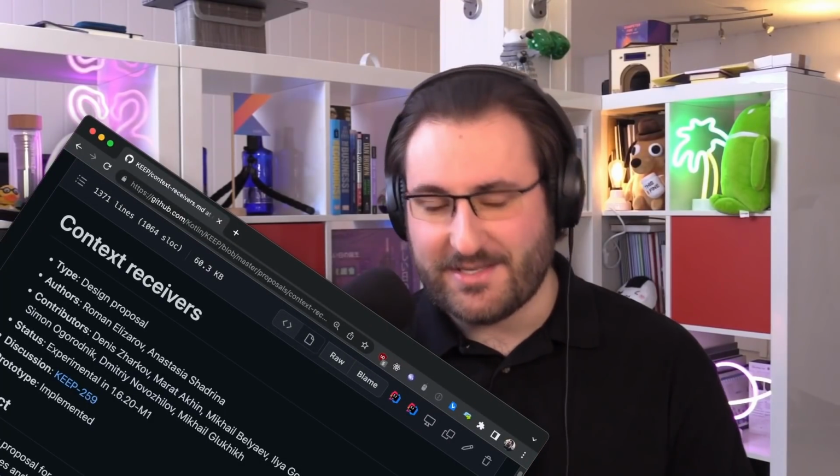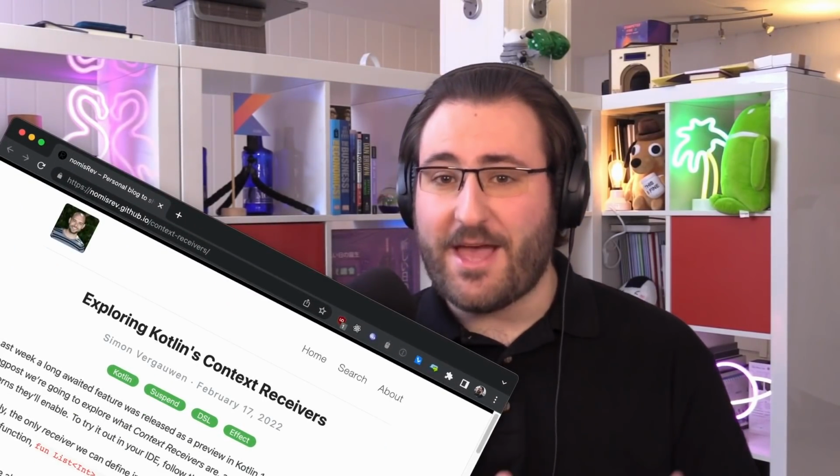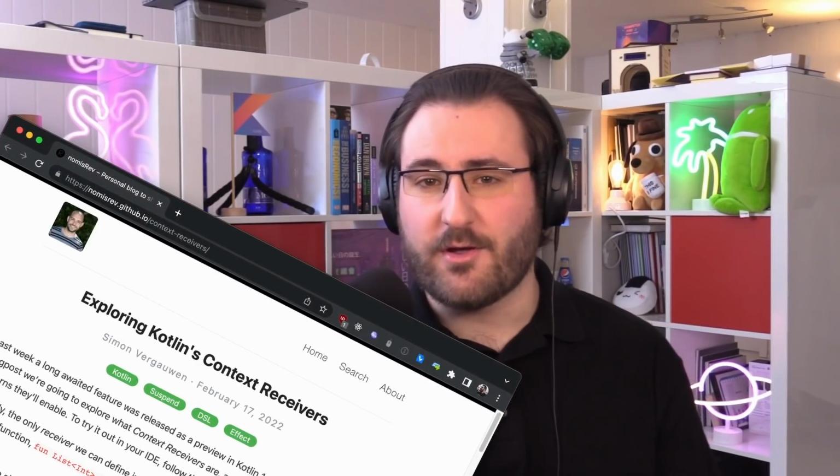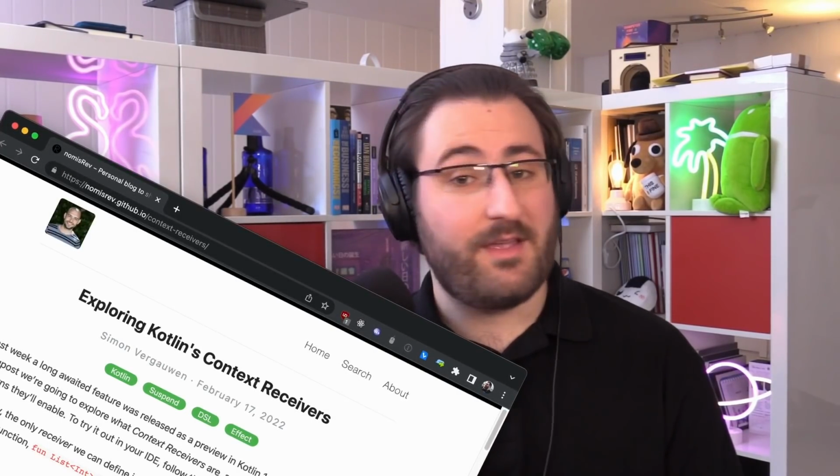If you want to dive even deeper into the current state of context receivers, do check out the official proposal docs that we keep in the Kotlin KEEP repository. Simon from the Arrow team has actually also written a nice article on context receivers in practice with Arrow, where he talks about how context receivers may help them clean up function signatures and implement so-called effect handlers. Go read his blog post if you're a fan of Arrow and want to see how things are going to influence that library.